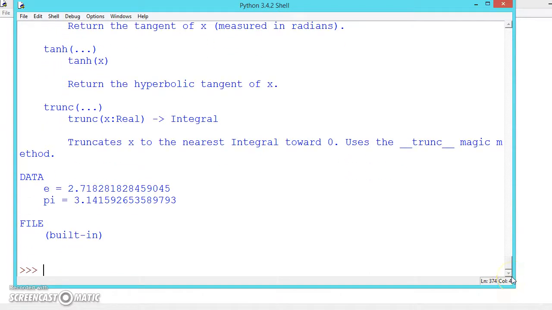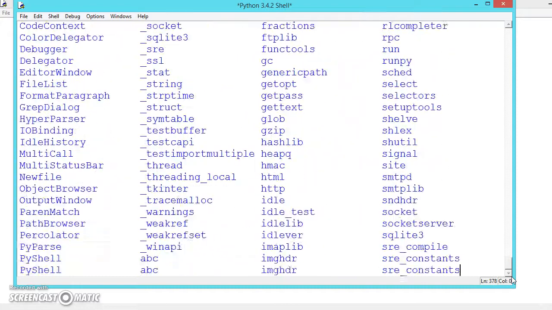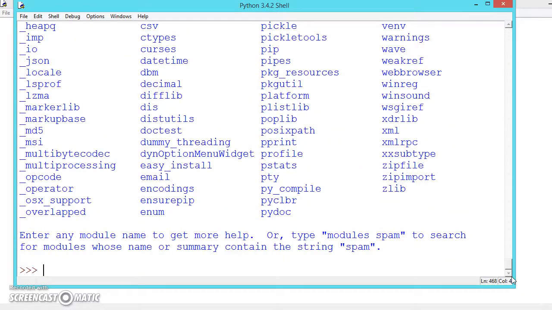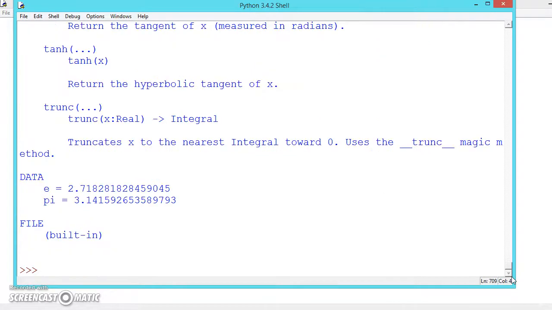So to get the modules you have to write help, and inside double quotation marks you write modules. Once again I will show you. This will bring all the modules, and if you want the help of a module, write the module inside the help. It will give the help for the module.